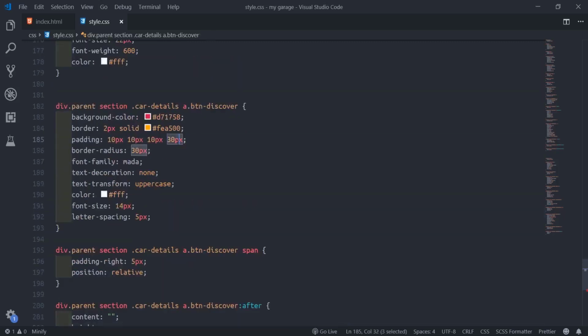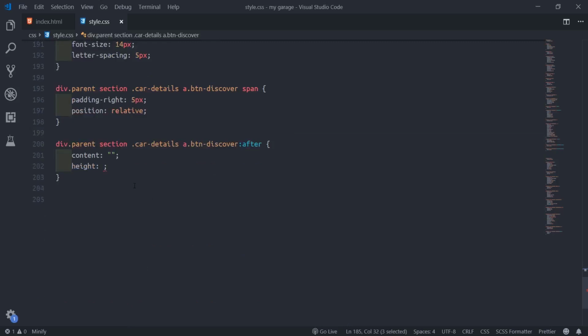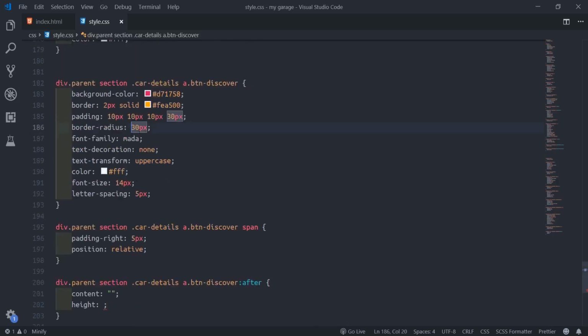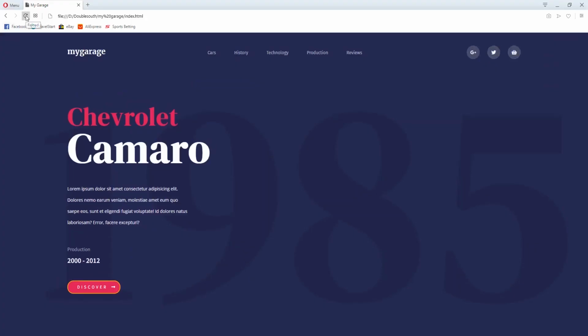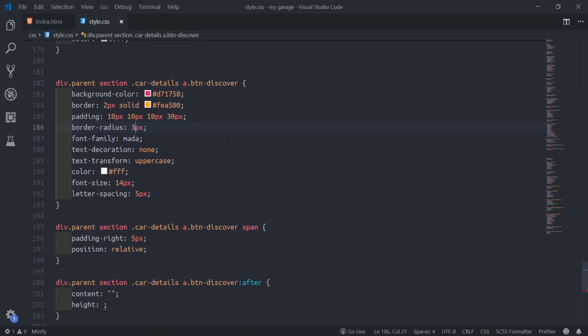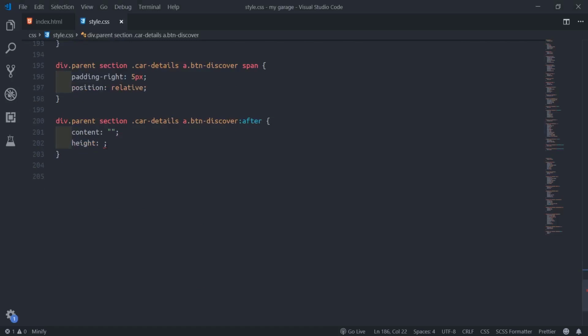I want to increase it myself, might go to 45. Let's see first. 45, 30, I see the same thing. So I might just leave it to be 30 pixels.